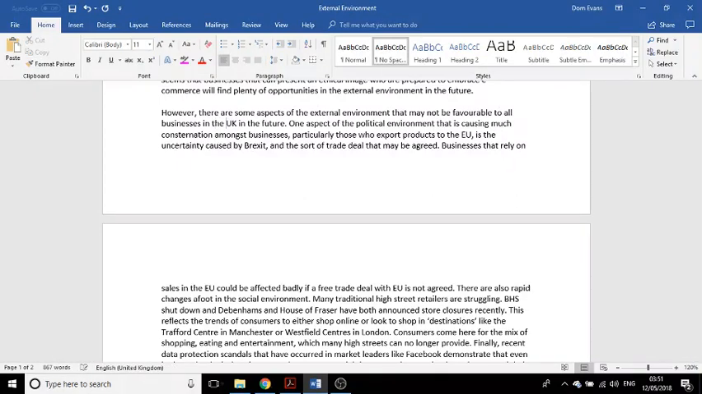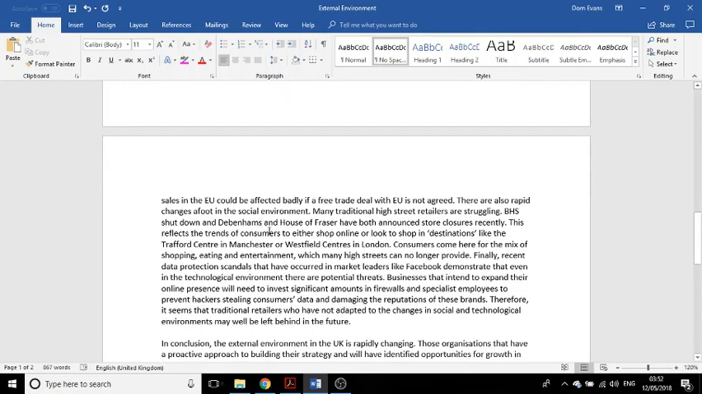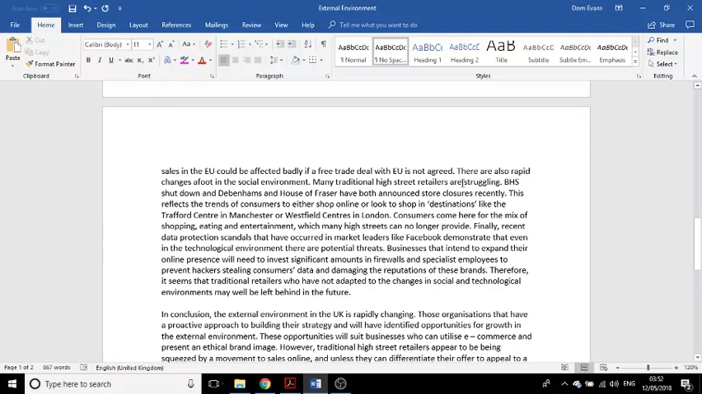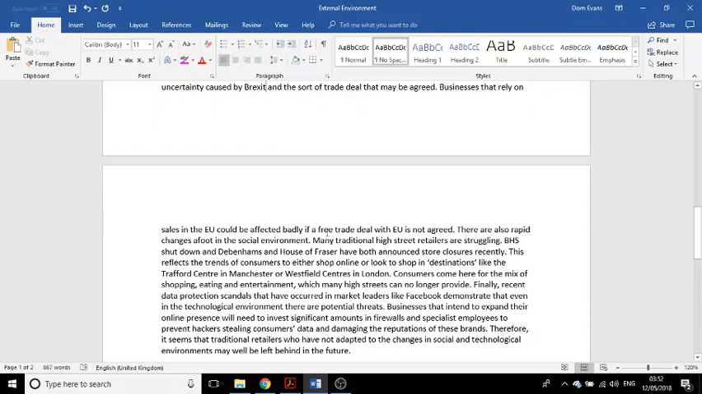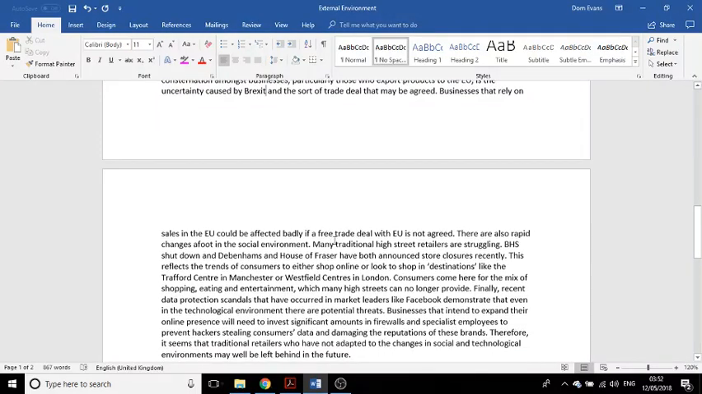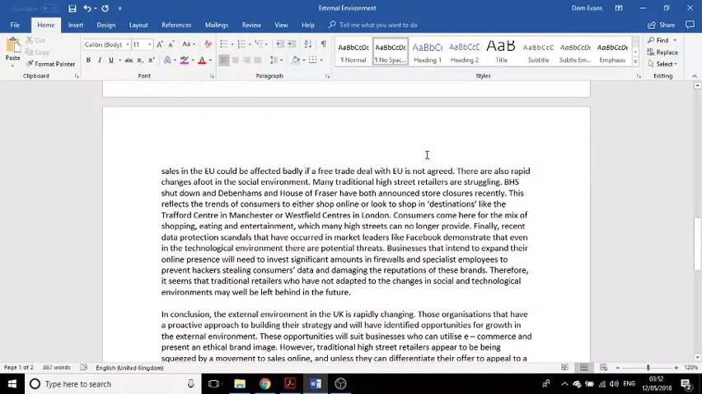UK in the future. One aspect of the political environment that's caused much consternation amongst businesses, particularly those who export products to the EU, is the uncertainty caused by Brexit and the sort of trade deal that may be agreed. Businesses that rely on sales in the EU could be badly affected if a trade deal with the EU is not agreed. There are also, that's looking at a very current issue in the political environment. Maybe I could be a bit more focused on the future, but they could be very